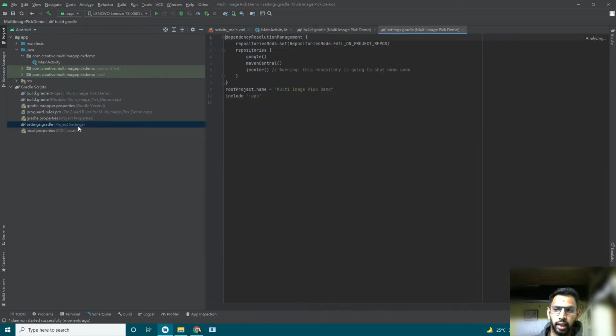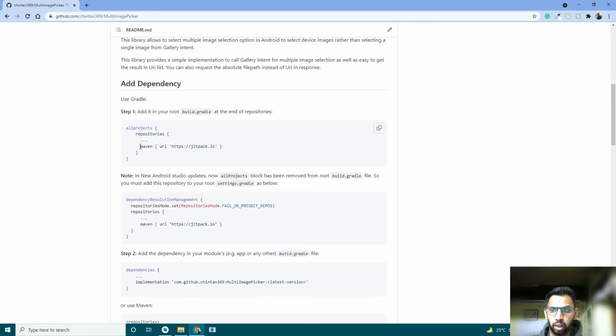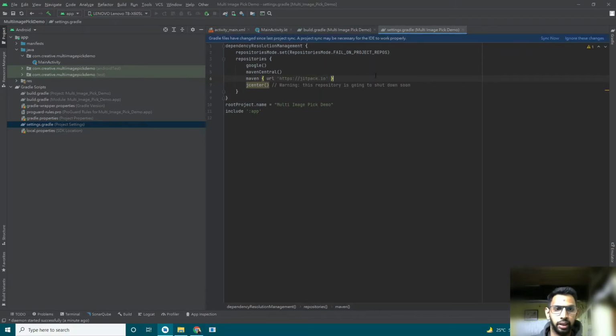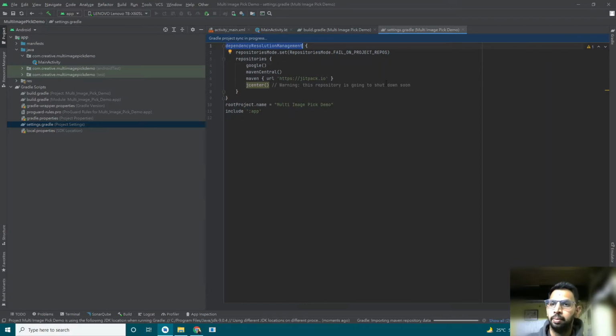In the settings.gradle, they have given the dependencyResolutionManagement task, and in that task, in the repositories block, we have to add our repository. So copying this Maven URL of Jetpack and pasting it here in the settings.gradle, because I am using a new Android Studio, it should be added in the settings.gradle's dependencyResolutionManagement task. So now I am syncing.